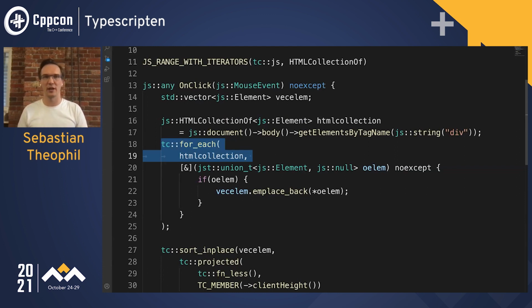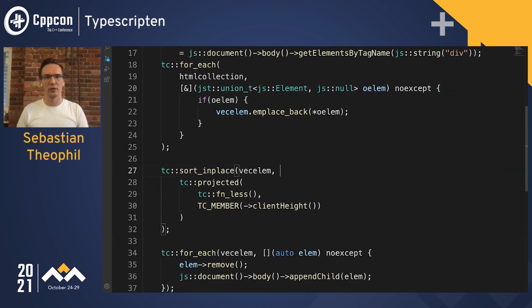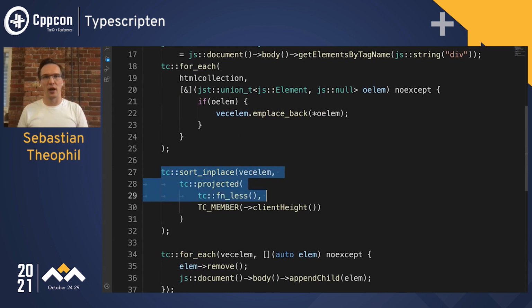because of course I've written an adapter for that, and I can just do a range-based for each over that. Each element here can be null for some reason, so I take the div elements that are not null and put them in a vector. Then I sort them, so here I do the actual work. We're using the range-v3 library here. So we sort the vector and compare with a less predicate, comparing all the div elements by their height. And that sounds like it's doing what we wanted to do. And last but not least, I go over that sorted vector, remove all the HTML elements, and append them in their sorted order again. Okay,